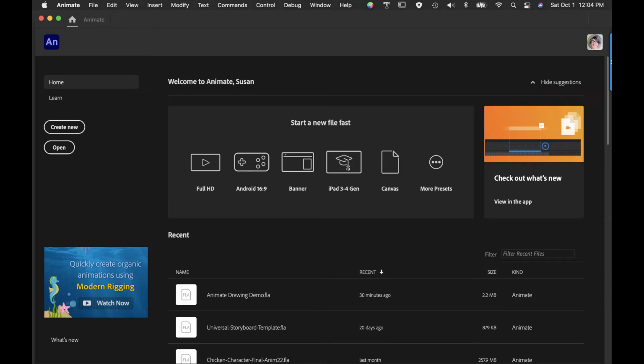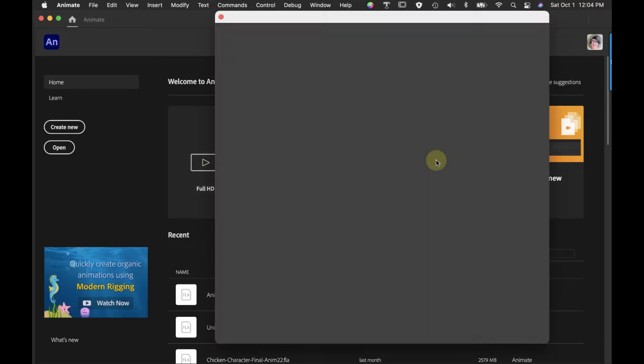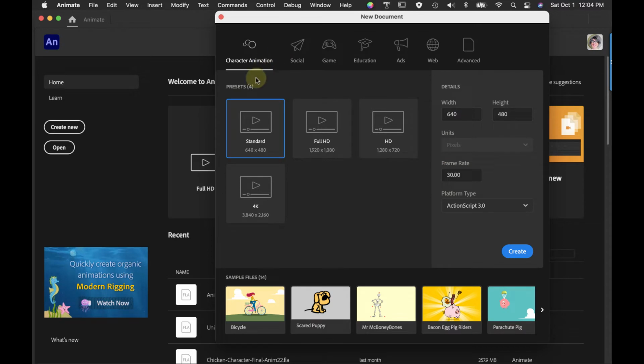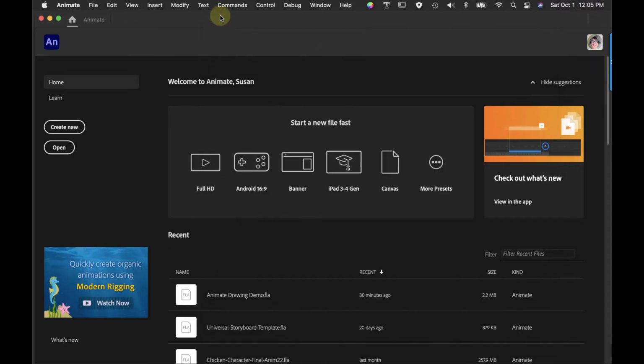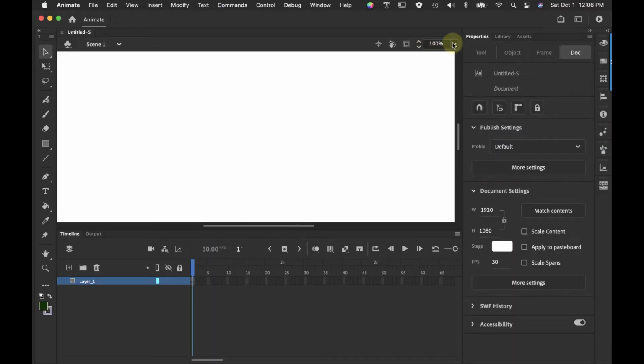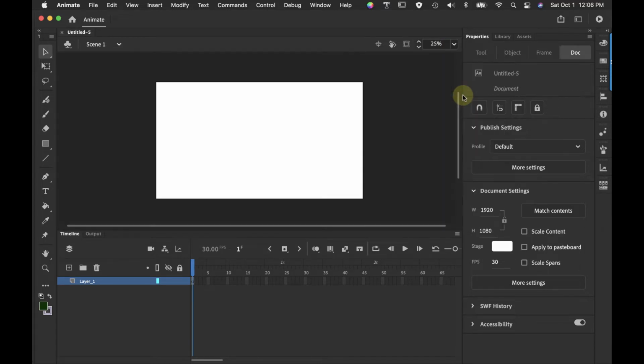When you open Adobe Animate, you'll be presented with this start screen. We're going to use full HD for pixel dimensions. However, if you're provided with other pixel dimensions, you can choose those three dots and enter them in right here. So let's choose full HD. I'm going to go up in the upper right corner and set this at 25% so that I can see